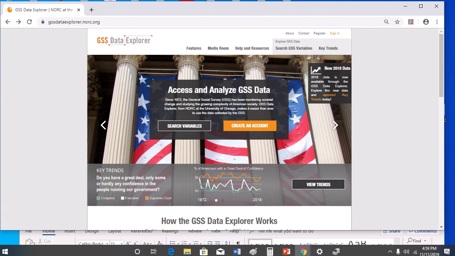Quickly, what is the GSS? What is it used for? The GSS is a nationally representative public opinion survey that has been administered since 1972. It is used by social scientists, sociologists, political scientists, etc., to figure out if public attitudes have shifted or changed. I'm basically going to be focusing in this tutorial on how to use the key trends feature,